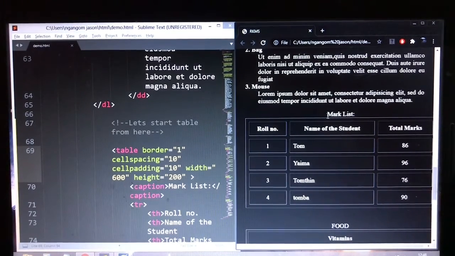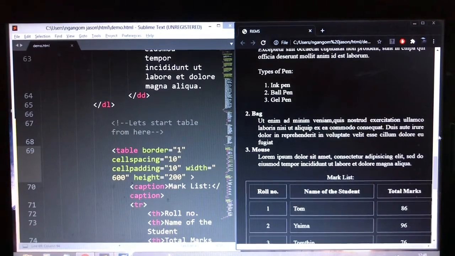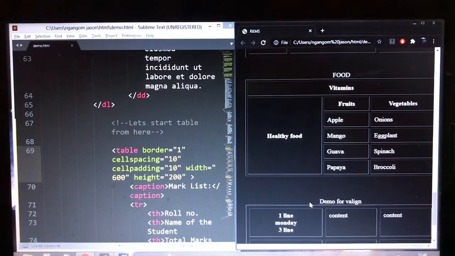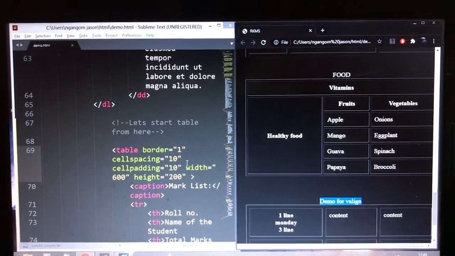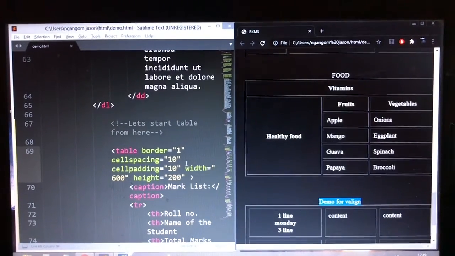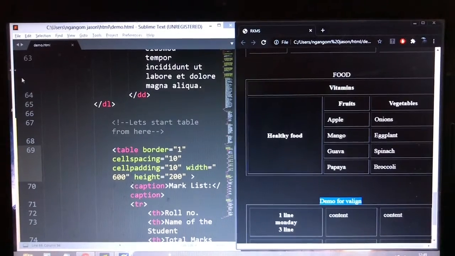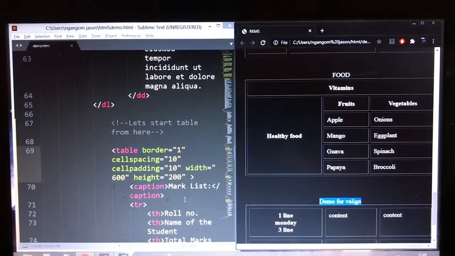If you want to mention what this table is about, like food mark list above the table, like this, demo for VIII, like this, you have to give it in a caption, inside this caption. And starting